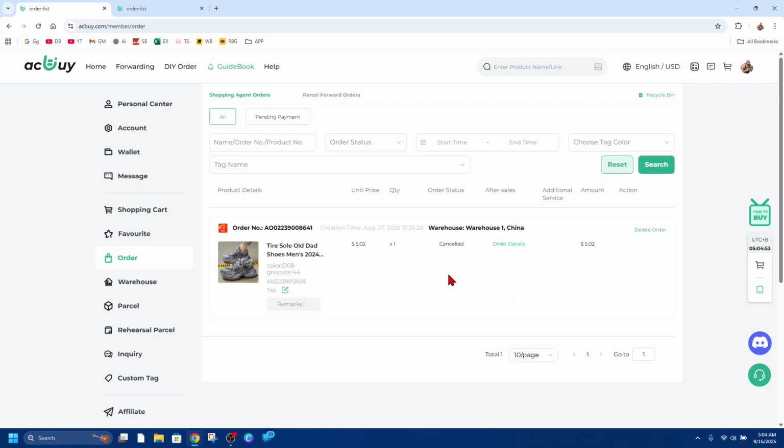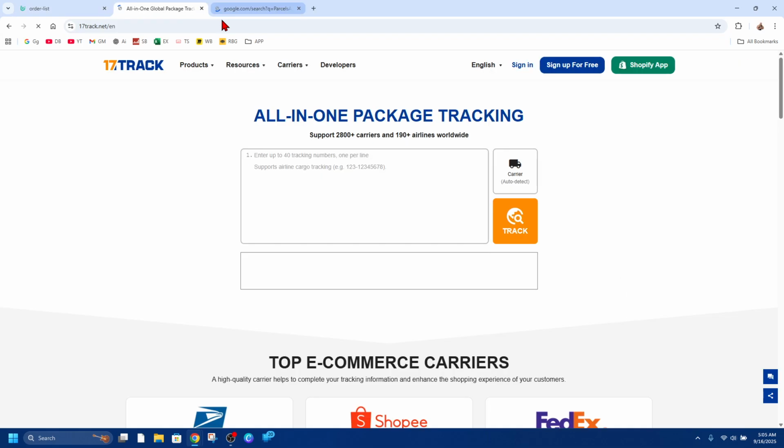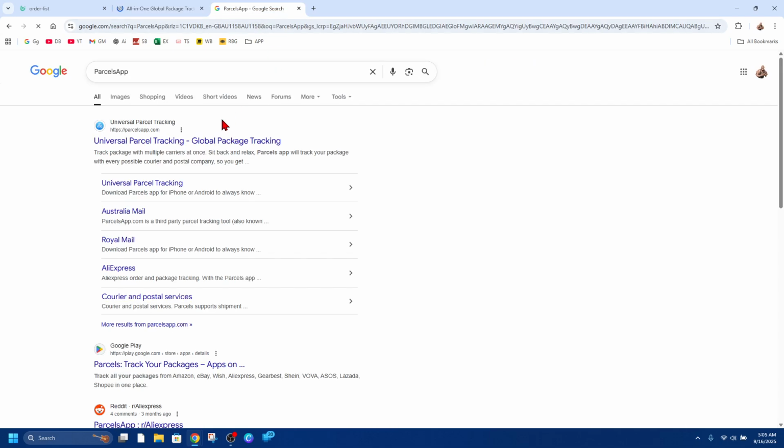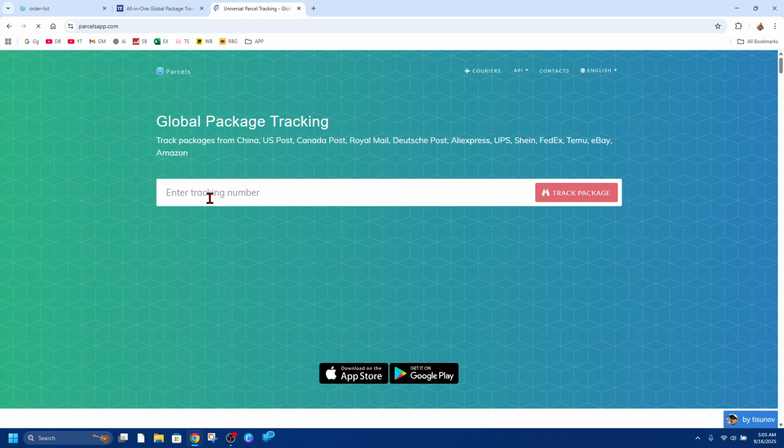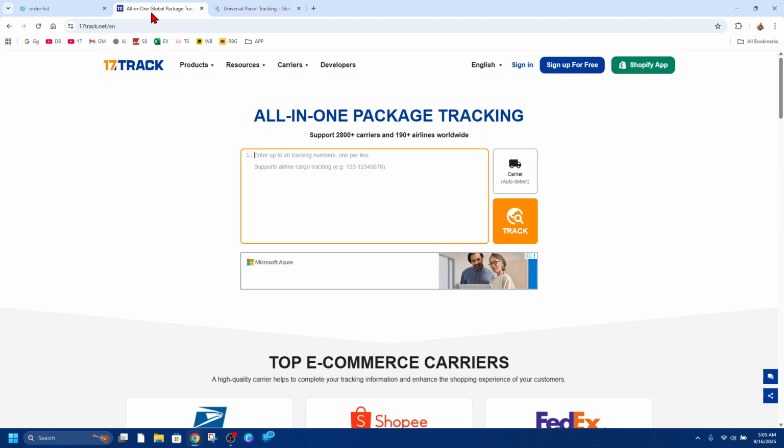And then we need to go ahead and use a universal tracker. We can use 17Track or the Parcels app. So I'm over at 17track.net. Go ahead and put in your tracking number and click on track. Or we can use the Parcels app tracking as well. From here, go ahead and put in your tracking number, track package. Now, if I go back to 17Track, if 17Track shows a carrier name, try that carrier's site because this